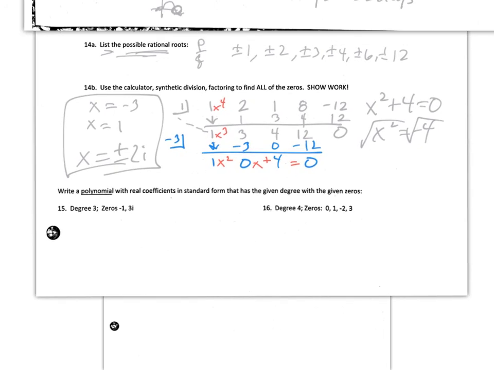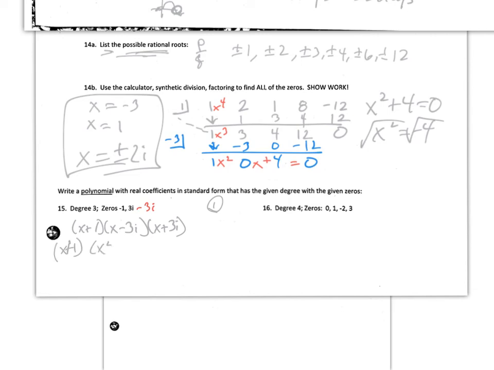Now, for numbers 15 and 16, there's only one of these. Might have imaginaries, might not. Tedious. So after the embedded assessment, obviously you know how tedious these are. We're missing one. All right? If they give you the 3i, then you know -3i is a root. So we have x plus 1, x minus 3i, and x plus 3i. You have to do the imaginaries together,